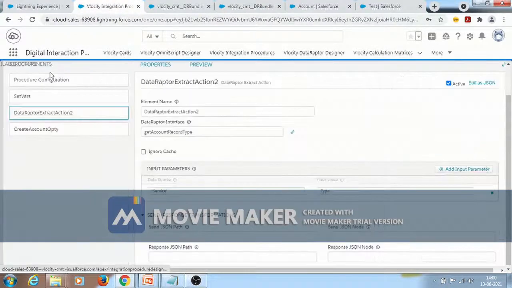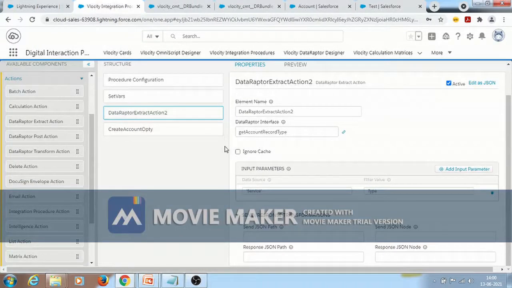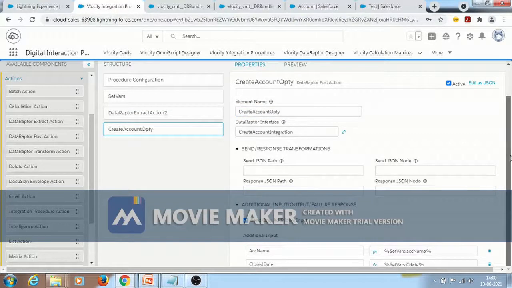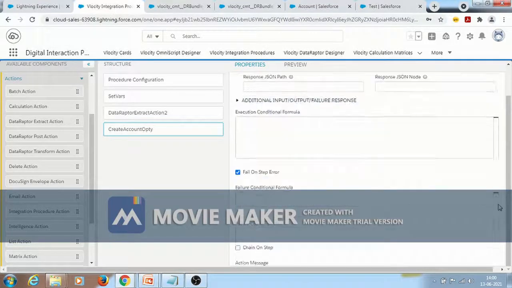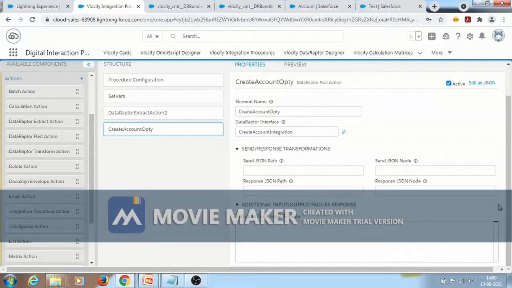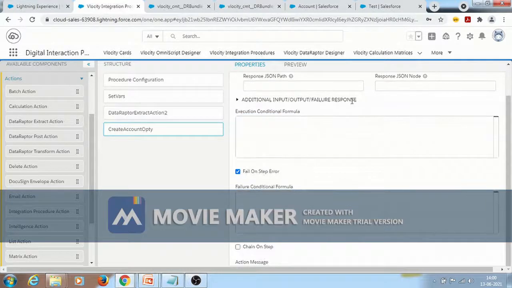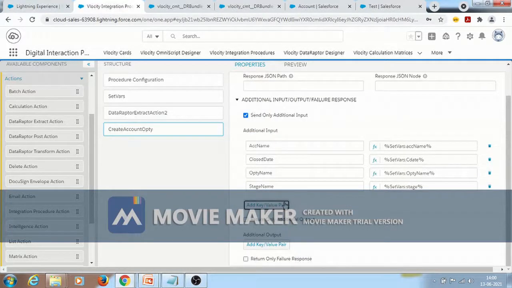So now we need to map the data wrapper to the account. For that we need to get the API name of the data wrapper first. Here we need to add things. Inside the percentage I need to give the data wrapper name colon record